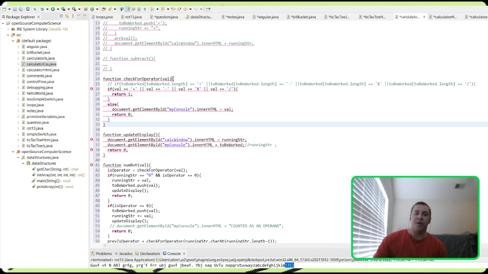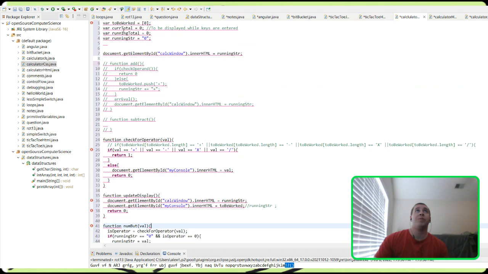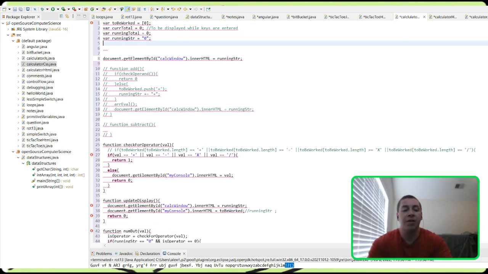So when I click the operator, right here, check for operator in numbut, if it is an operator, if it's a one, I would almost have to do previous operator, make that a variable. So if I did like var prev operator equals,